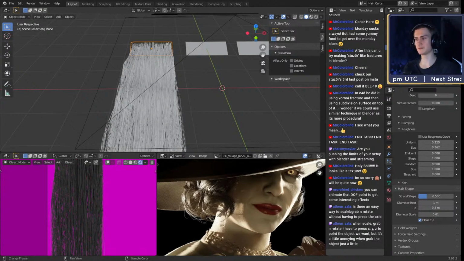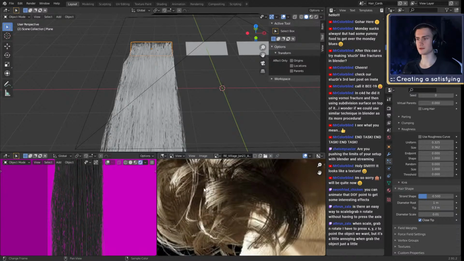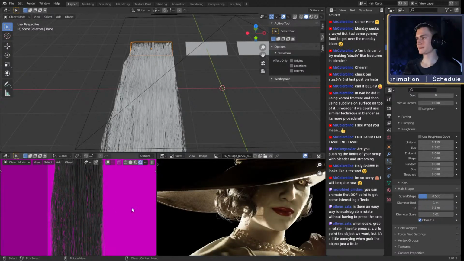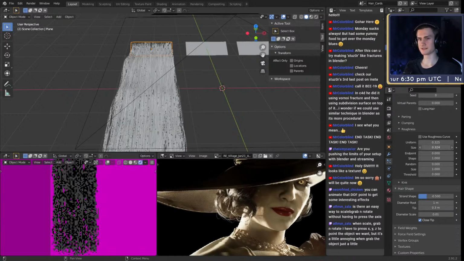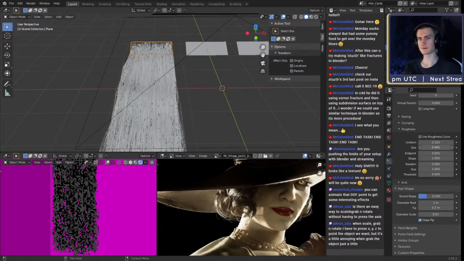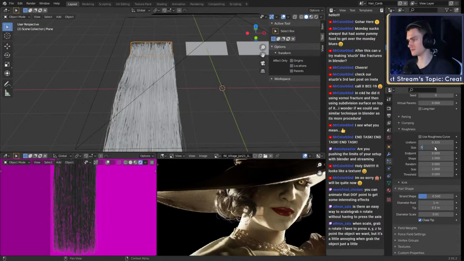As you can see right here, for example, this lock or this curl, they all go in the same direction. But individually, if you look closer, there are some hairs that go in this direction, and some that follow the flow correctly. So just adding a little bit of noise or ununiformity, I guess you would call it, helps sell that realism or natural look. We could probably put that to 0.5.